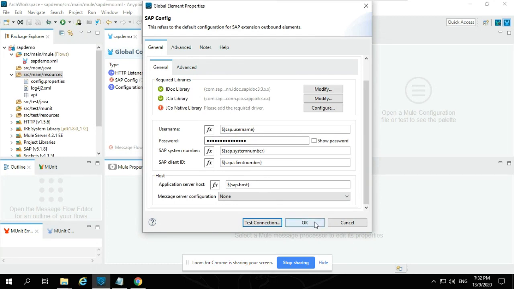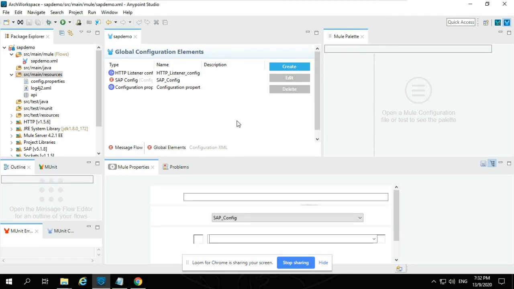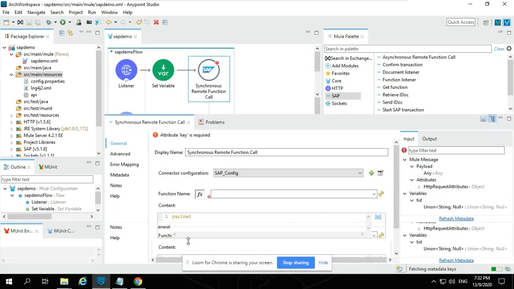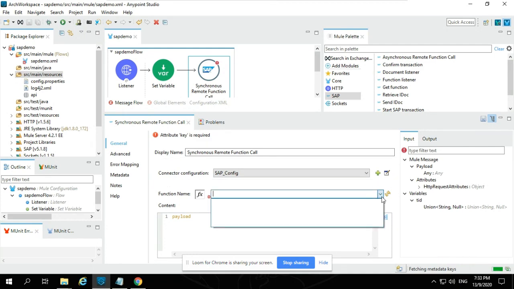I'll give OK. Once I give OK, I'll come to my connection property. Once you open this file or this method, we are going to take this function name, and you can see it's trying to fetch the metadata keys. So you just keep here for one or two minutes.